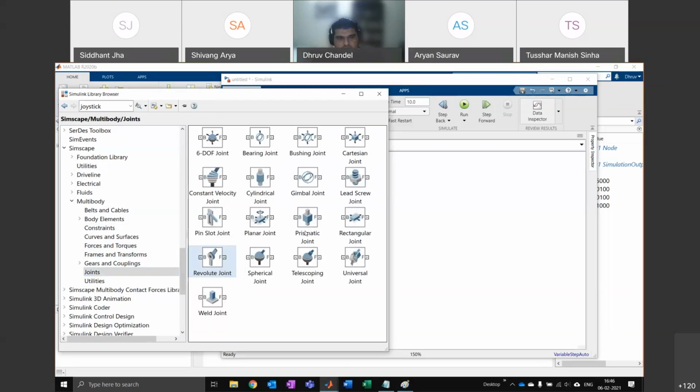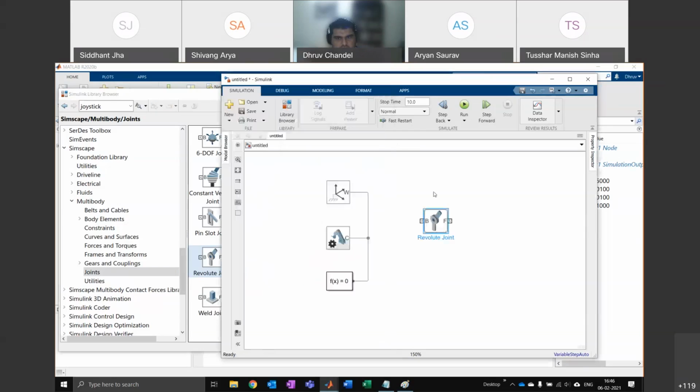Prismatic joints, kind of similar, but no rotation. Spherical joints, such as what is in our shoulders, so ball and socket, and various other kinds of joints are there. So I'll get a revolute joint. And you see again, this notation is there, B and F. Just like in our mechanical system we had C and R, and in our electrical system we had plus and minus, here this notation means base and follower. So you connect the base to the world frame and follower is whatever happens to come after this one.